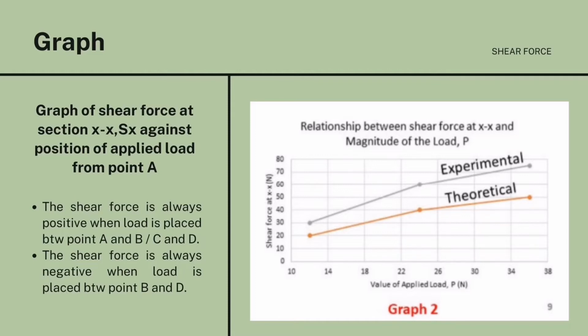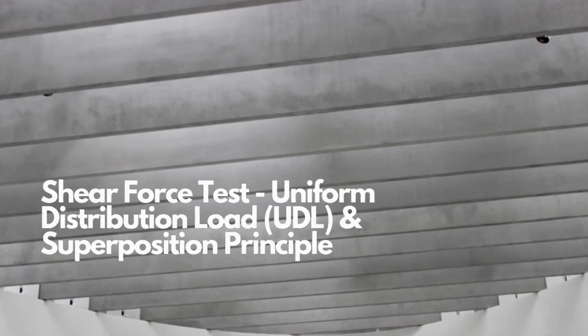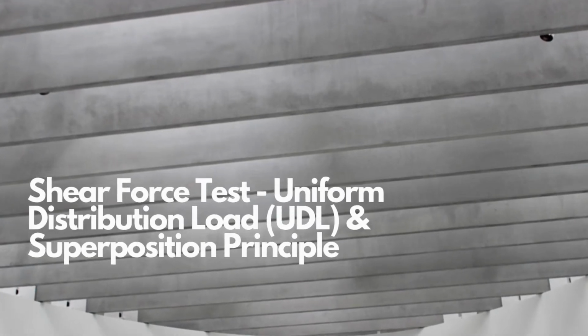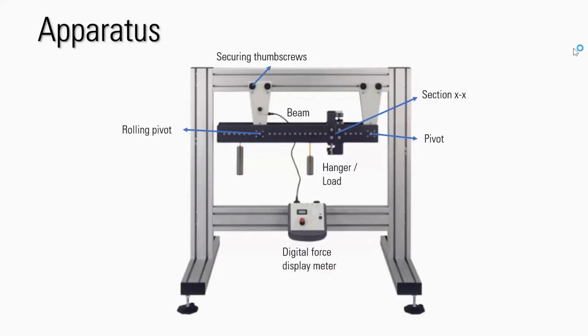There are experimental and theoretical shear force values to compare in both of the graphs. The difference of the values is due to the random errors and parallel errors during the experiment. In this video, I am going to explain about the shear force test for uniform distributed loading and also the superposition. Before I start the explanation about the shear force test for uniform distributed load and superposition principle, I would